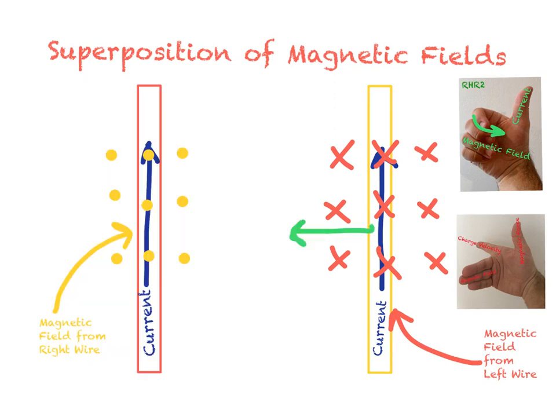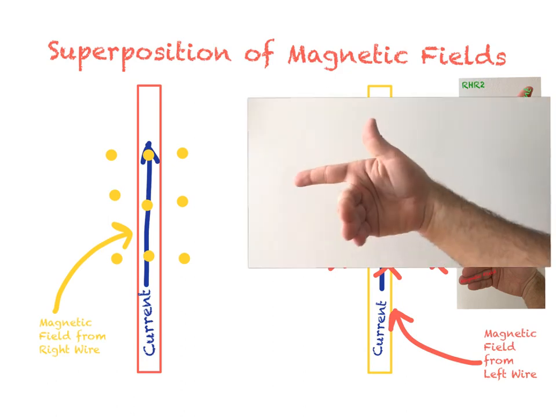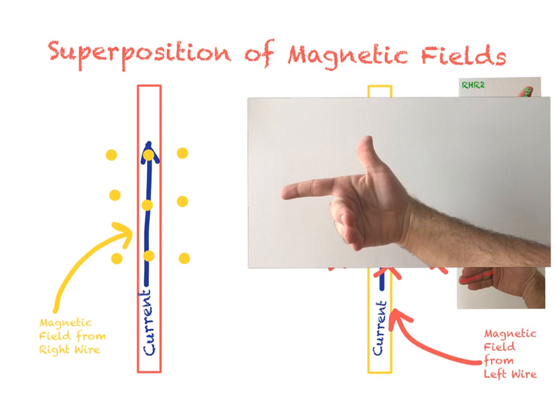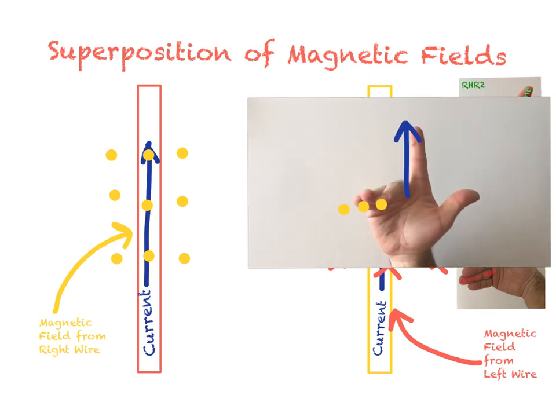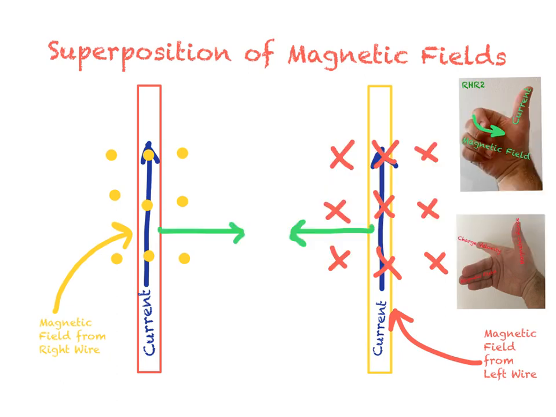Now if we analyze the wire on the left, I'm going to see that the magnetic field is pointing out of the plane of the screen at that location, and its current is directed up, leaving the thumb pointing to the right. In other words, the magnetic force of this wire is pointing to the right. So you can see by looking at the force directions of both wires, these two wires will in fact attract